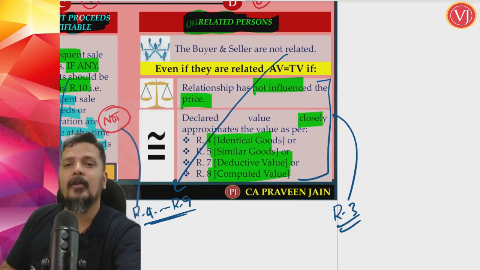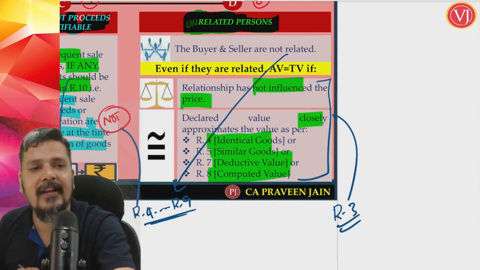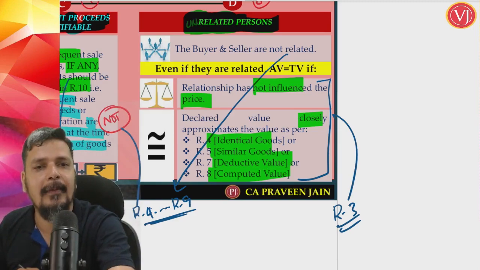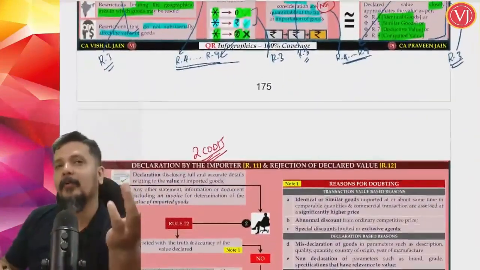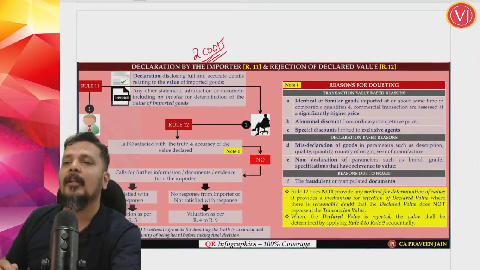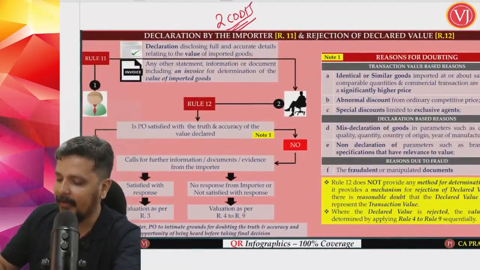So here also, that is the reason it is repeated again. By default, if there is a relationship, you will go to 4, 5, 7, 8, 9. But if you prove that relationship has not influenced the price, remain in rule 3. So these are the first 4 and the next 4 conditions. First 4 conditions are in terms of section 14, and next 4 conditions in terms of rule 3.2, and the last 2 conditions which are rule 11 and